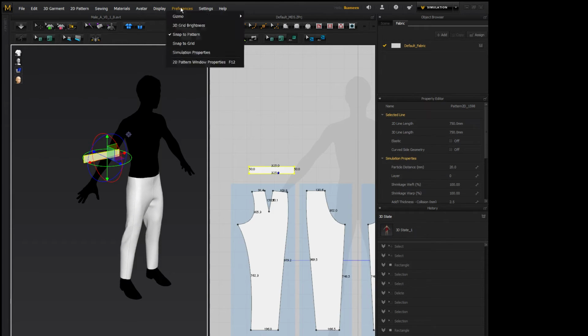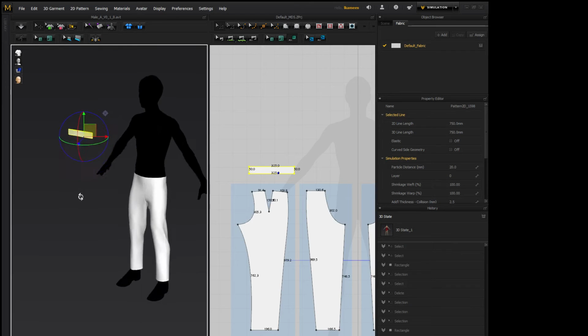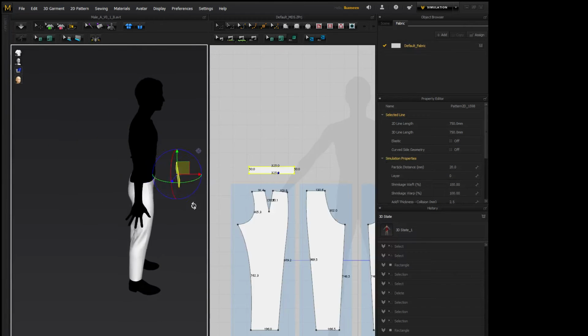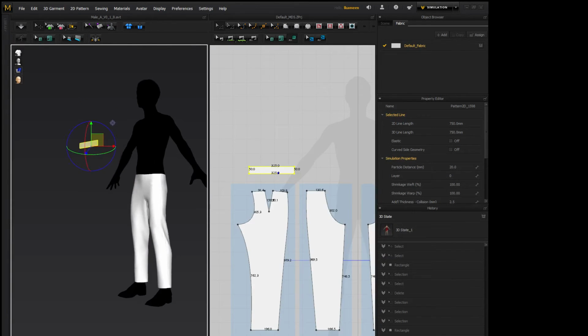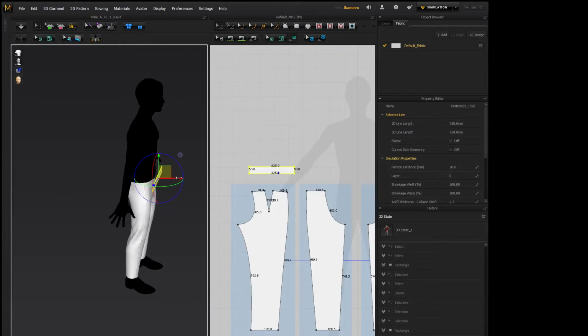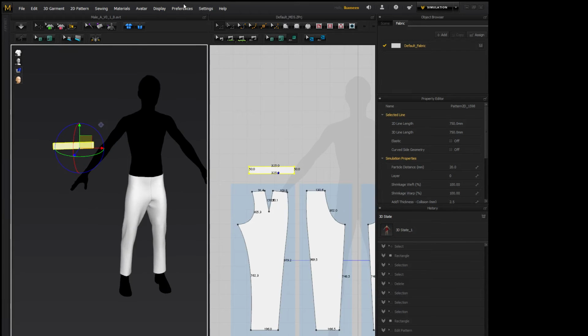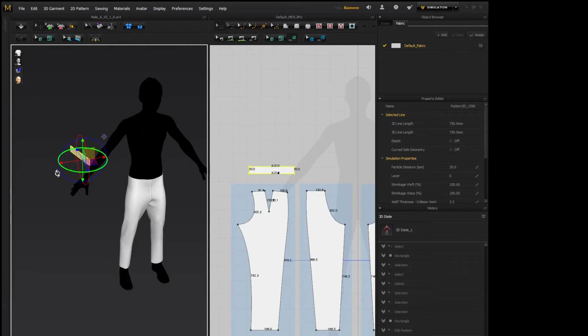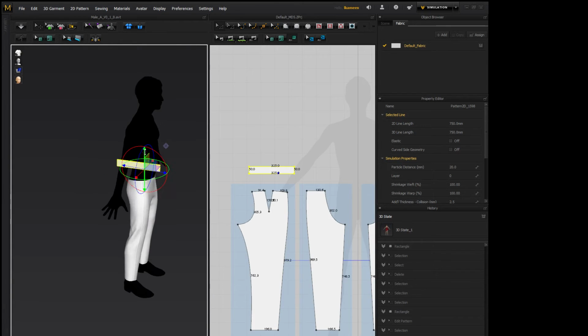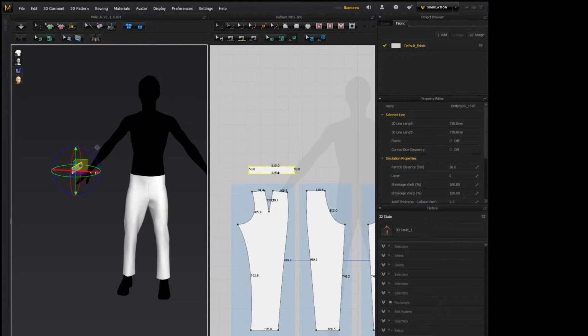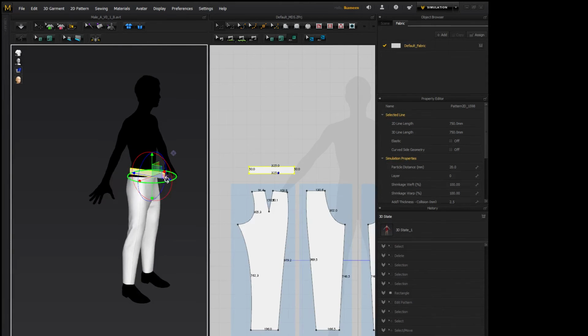Marvelous Designer usually ships with the gizmo set to screen coordinates, which locks it to the camera, and XYZ will be in really weird positions, and I think it gives really weird movements. What I do is I go to Gizmo, Preferences, Gizmo, and then I change it to World Coordinates, and that will give me a locked X, Y, and Z axis. So I'm going to move it down, over, and in,